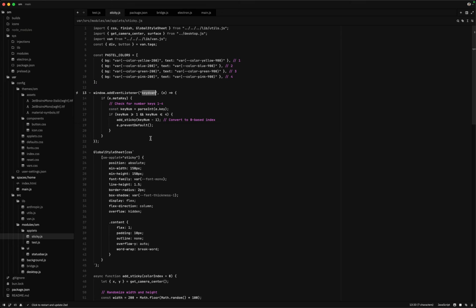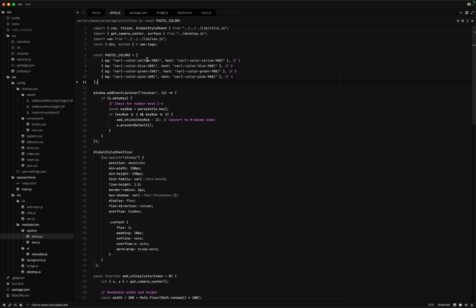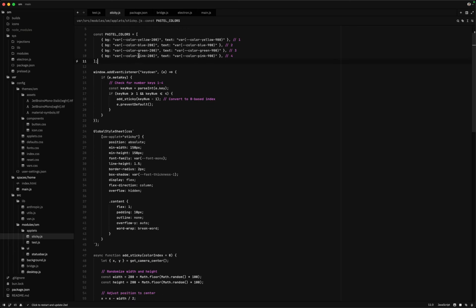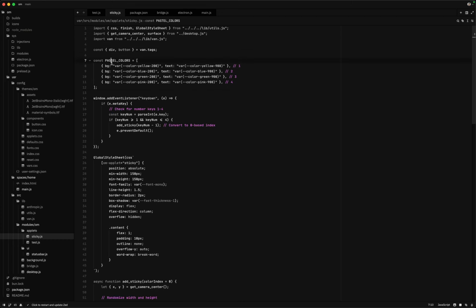This is also not how you would add events, like shortcuts. This is not how you would do it. But just for the demo, I set that up really quickly. But yeah, look how nice this is. This is nice to read. You import your stuff, you define your tags,